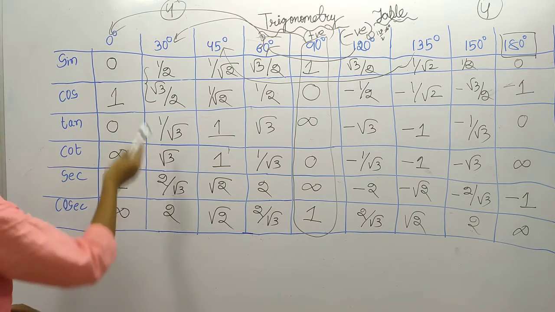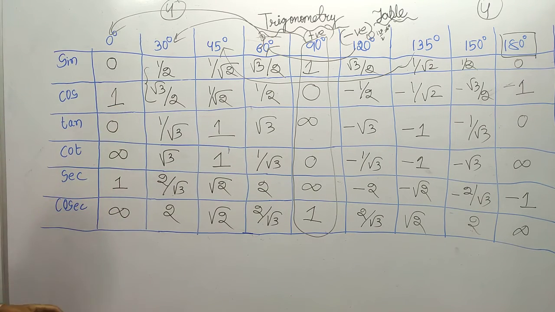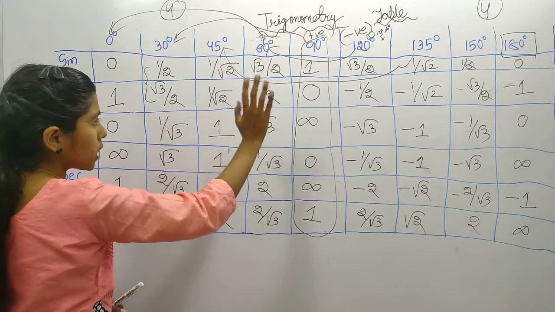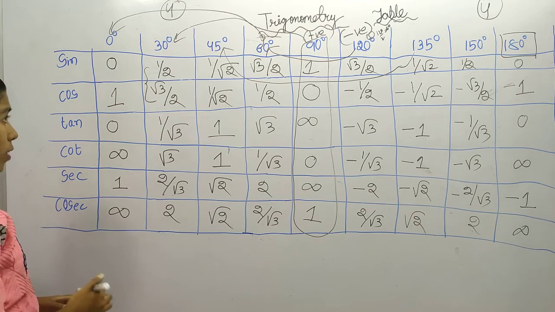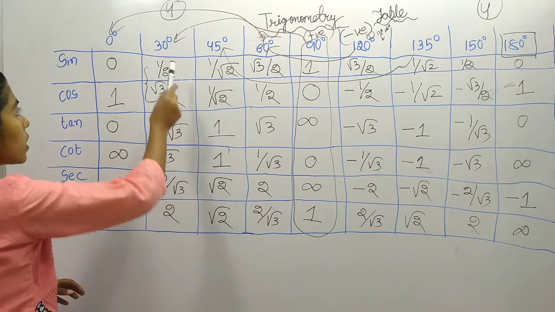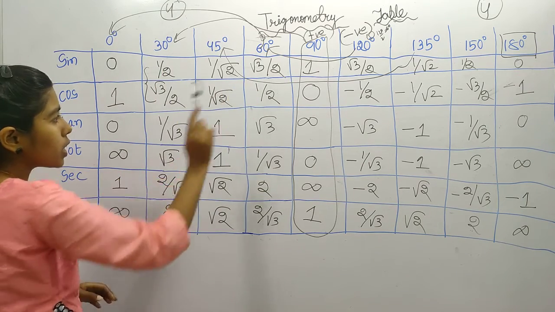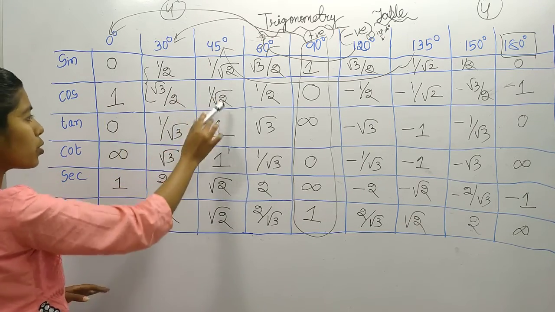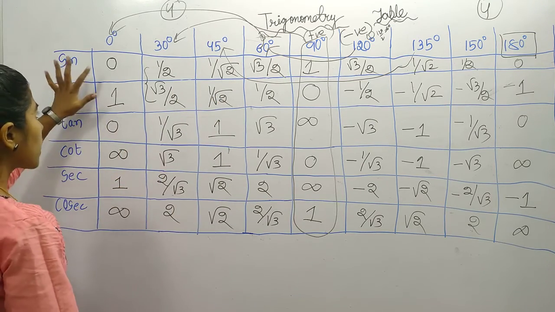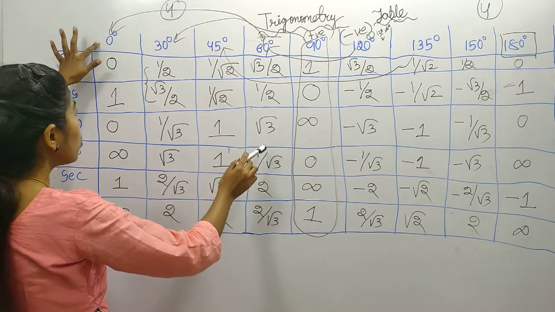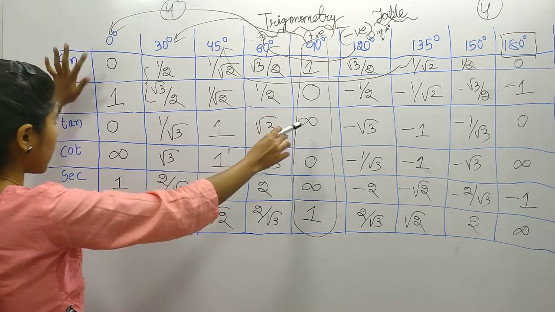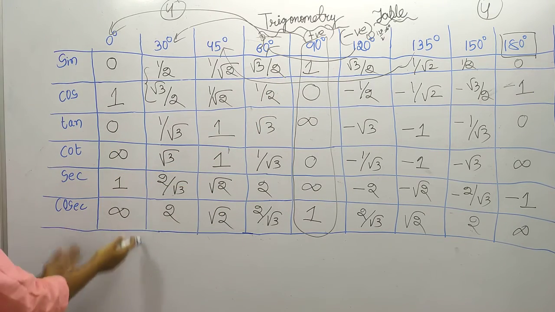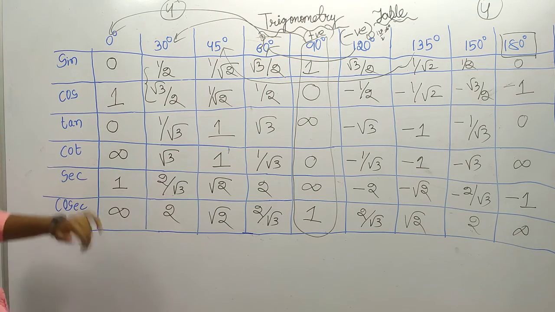At first 0 degree, at last 180 degree. Next, you have to remember only sine and cos values for 0 degree, 30, 45, 60. Okay. Next, 30 and 60 we have exchanged the values. Here in case of 45, sine and cos values are equal, and in case of 0 degree and 90 degree we have exchanged, say 0, 1, 1, 0. Next, we can find easily these ratios if we know sine and cos.